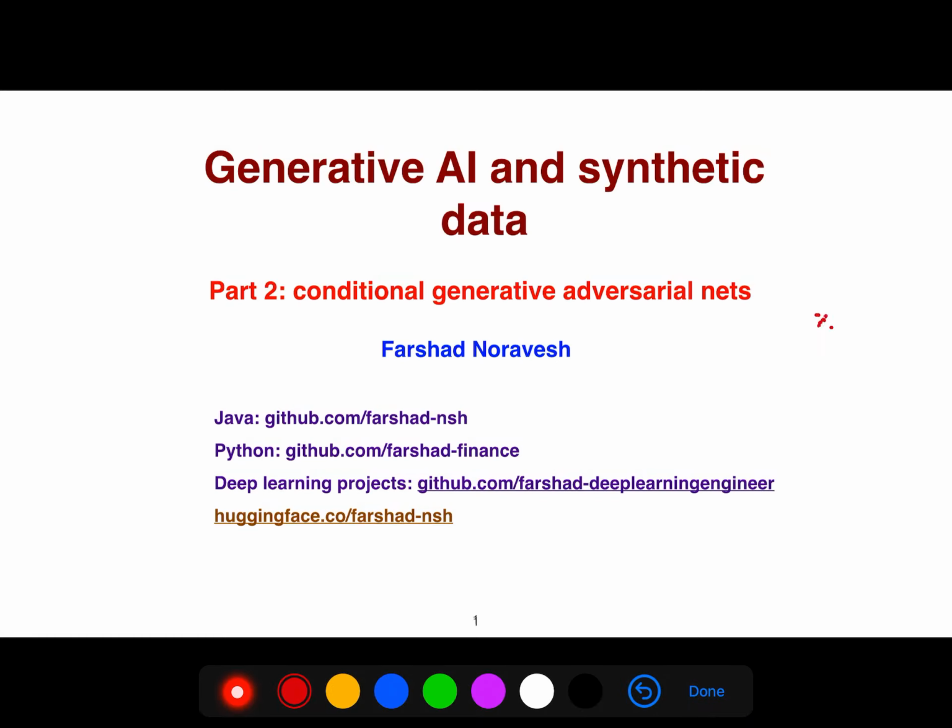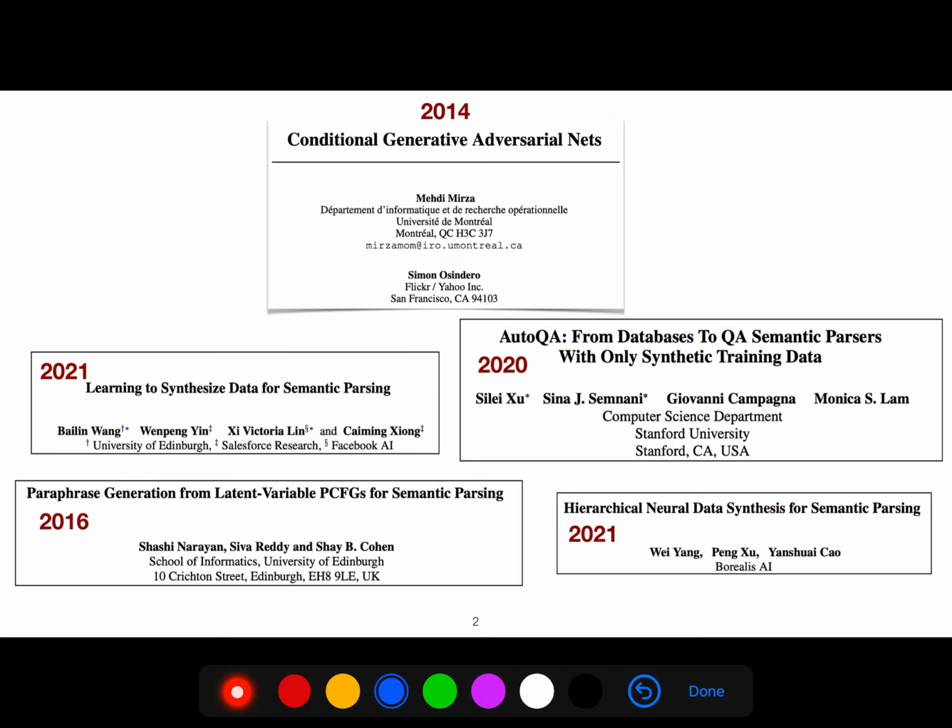So in the previous lecture, I was talking about generative adversarial networks, but now we condition it on some class, some feature, something that is important, informative and expressive. So this paper in 2014